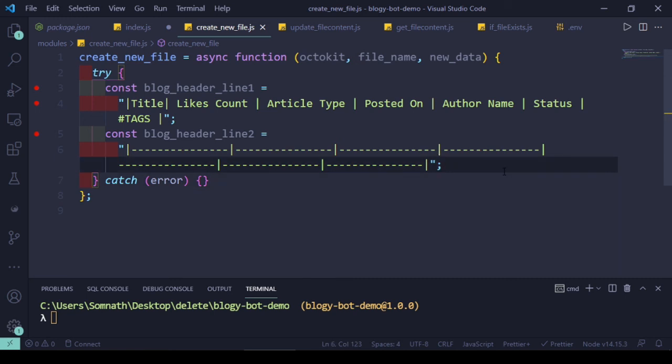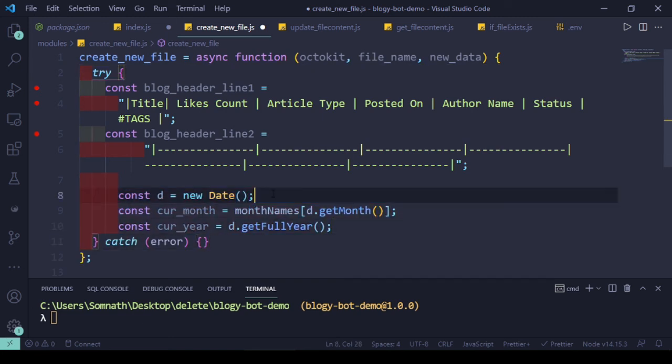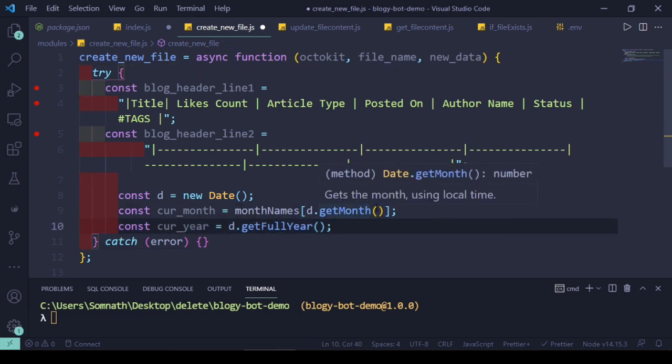Now let's get the current month once again, and we have to use that in our important blog post header, as you have just seen. So the date instance, indexing the current month, and getFullYear. Obviously this getMonth means we need to have this function created.